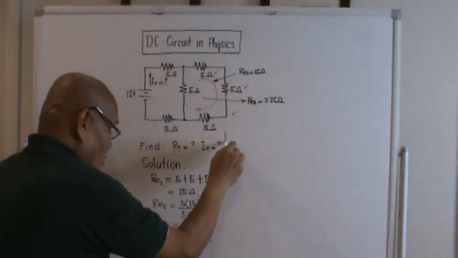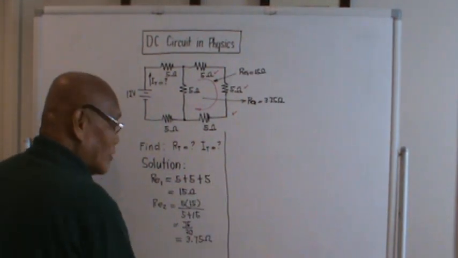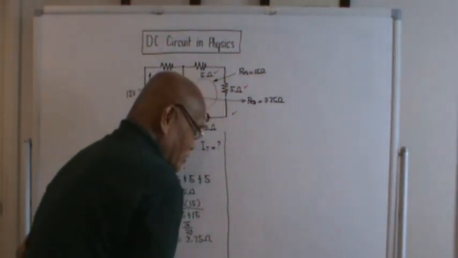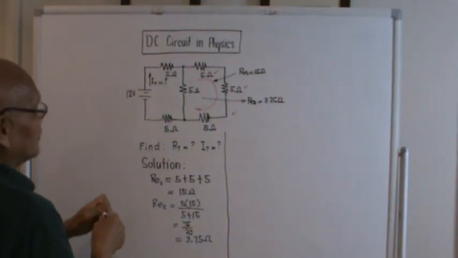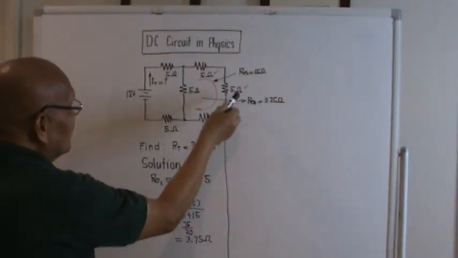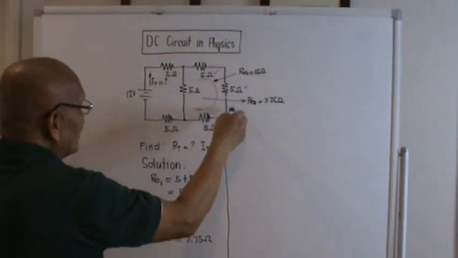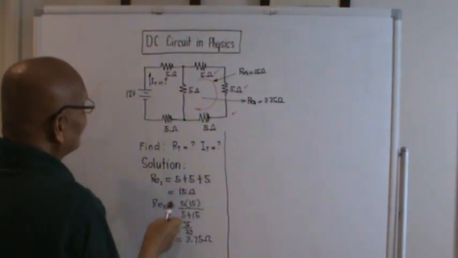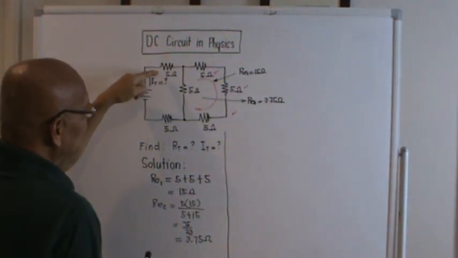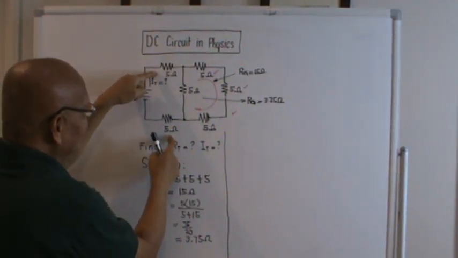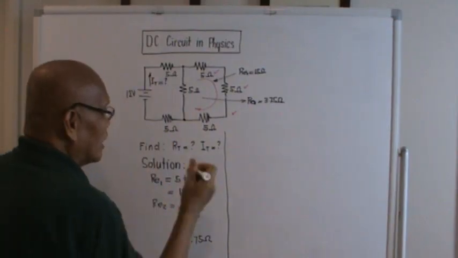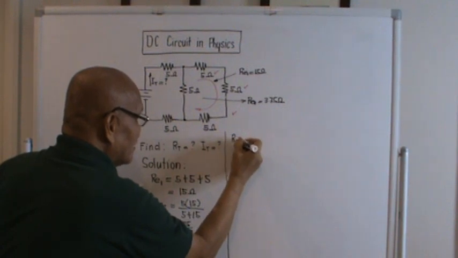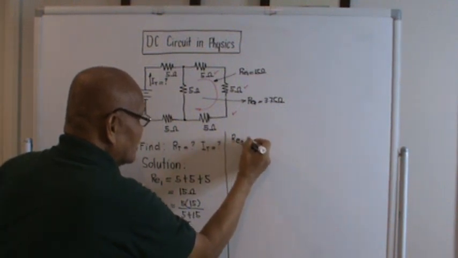We'll continue the solution here. Don't worry guys, this is just physics. It's just a simple series parallel circuit. Okay, if we try again to analyze the circuit, this single equivalent, which is 3.75, will be in series with this 5 here and this 5. And I will be placing the single equivalent of that one to be RE with the subscript 3, and this